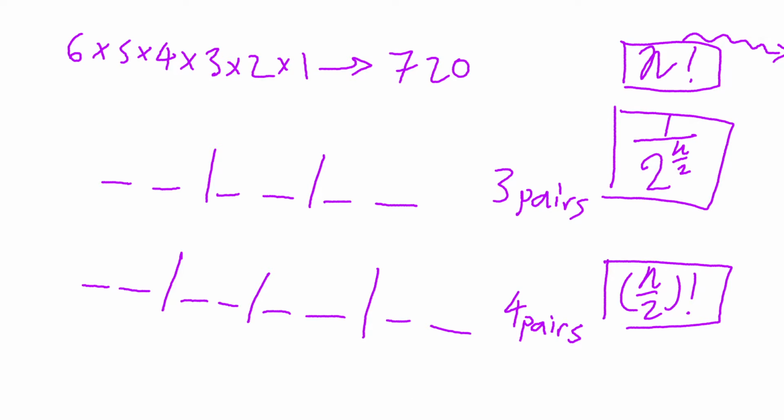But it still doesn't explain all this business with dividing by a factor of 2 for each pair. Well, that's because you need to consider that for every possible sequence that has a certain pair AB in a certain position, and it's just got 4 other people here in some order, doesn't matter, for any sequence like this, there's going to be one corresponding sequence where the order is flipped, and these are all the same.